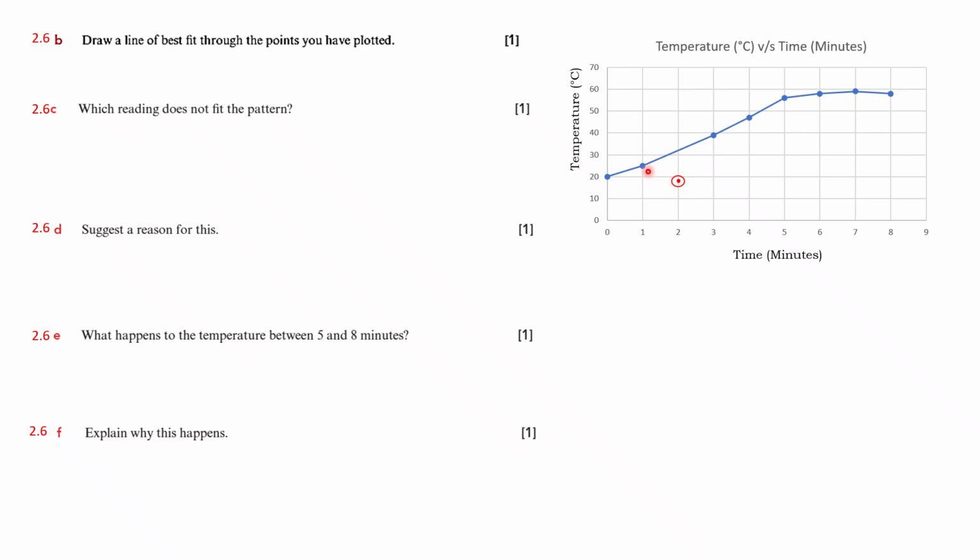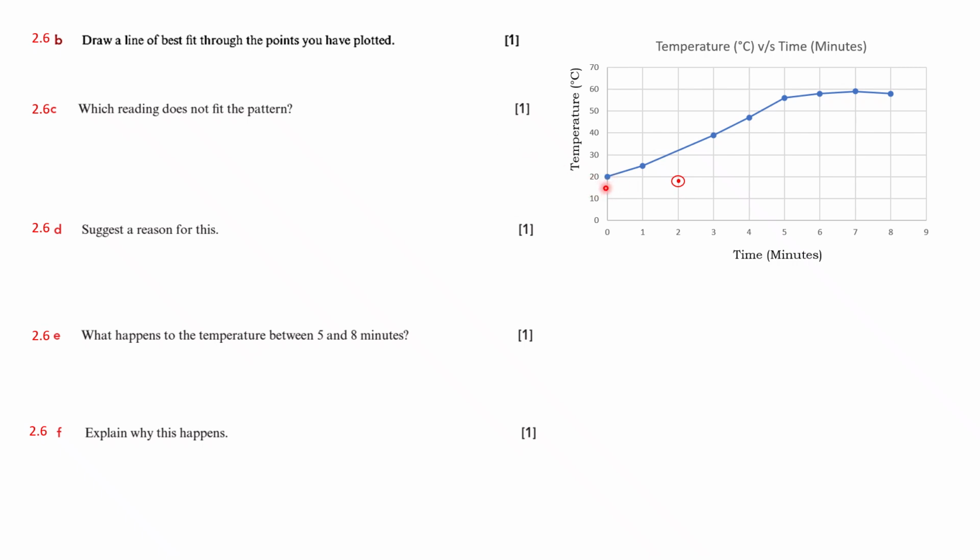Like for example, if I am going to draw a straight line through this, I will make sure to draw it in a way that the points on the right hand side of the line and the other side of the line are exactly equal in number, so that the line which I am drawing is the best fit for that particular graph. If you haven't understood this concept, then I will also make another video on how to draw a proper graph. Now for this question, since it is not a straight line, which I'm not going to go deeper into,